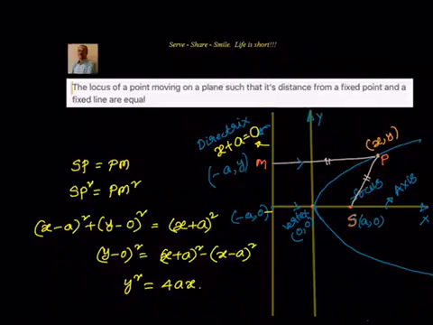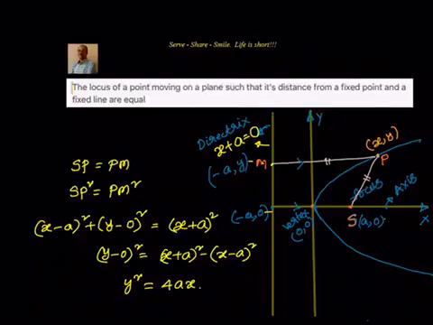So now we know that any point on the parabola should be at an equal distance from the focus and the directrix. Focus is (a, 0). For the directrix, you can take the perpendicular distance from the line to the point, or we can also find the coordinates, because it's a vertical line on which the x coordinate is constant, and M and P are on a horizontal line. That means the y coordinate we also know, so it is nothing but (minus a, y). On a vertical line, the x coordinate is constant. On a horizontal line, the y coordinate is constant, from which we get (minus a, y).